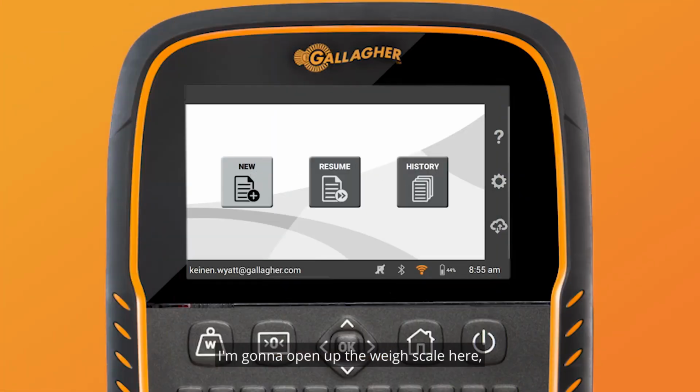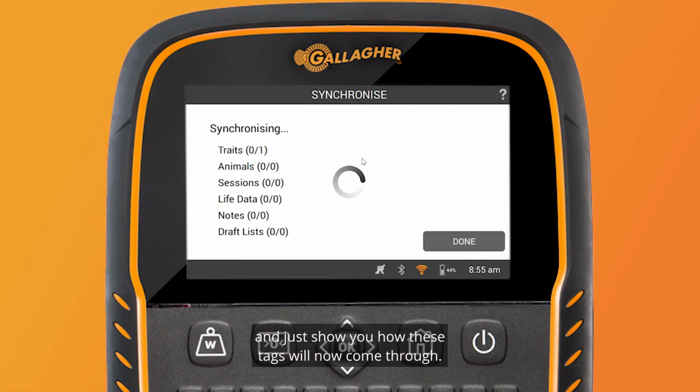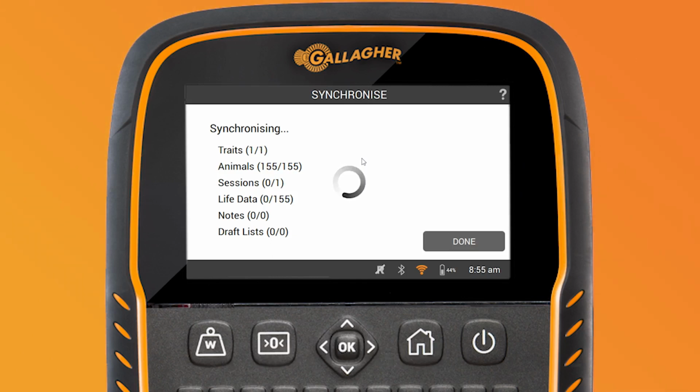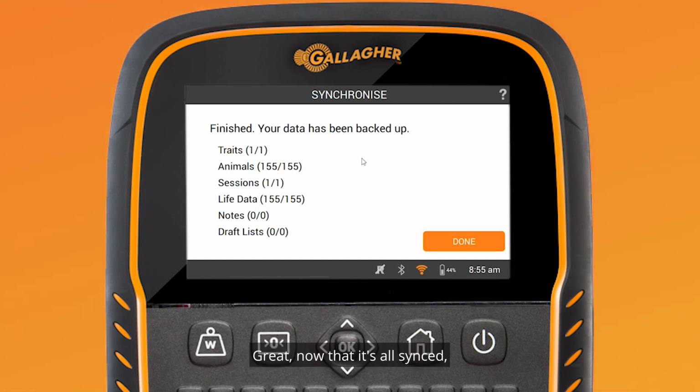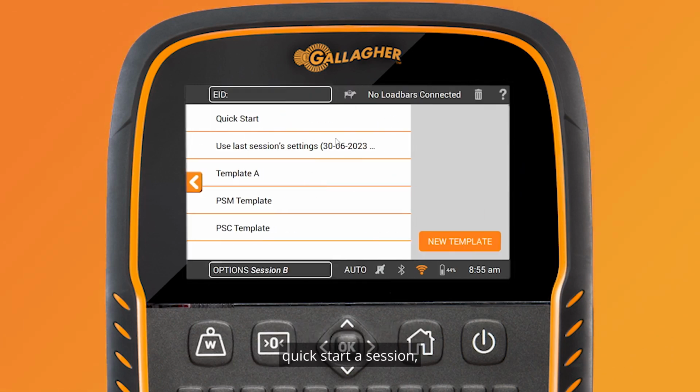I'm going to open up the weigh scale here, start a quick session and just show you how these tags will now come through. The first thing I have to make sure I do on my scale is press the sync button. This will just take a few moments, so I'll synchronize that now. Great, now that's all synced, I'm going to click the done button, click new, quick start a session,